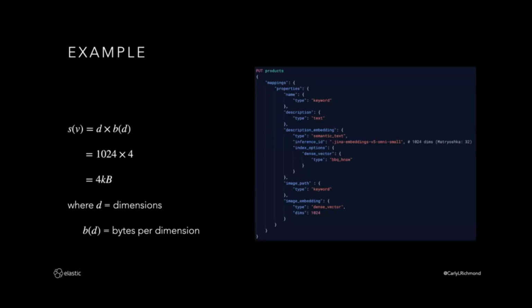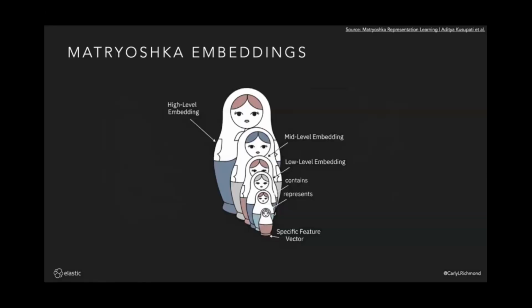So based on their experiences, they were talking about some of the storage requirements and the maths. Again, go check out their talk when I share it. But if we take a base case of 1,024 dimensions, we're going to end up with 4K per vector. For larger data sets, this is getting a bit scary with regards to the costs associated with the storage. Now, there is one other thing that we can do. So has anyone heard of Matryoshka embeddings? Apologies for my butchering Russian. Good.